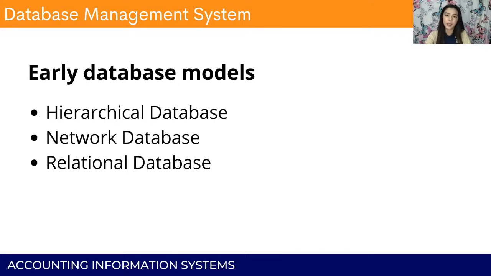Number 1, hierarchical database. It adheres to rankings or a parent-child connection. Network database, same with hierarchical but enables the child's record to link with numerous parents' records, allowing two-way connections. Lastly, relational database. It is table-oriented and it is more adaptable since it allows users to connect via the